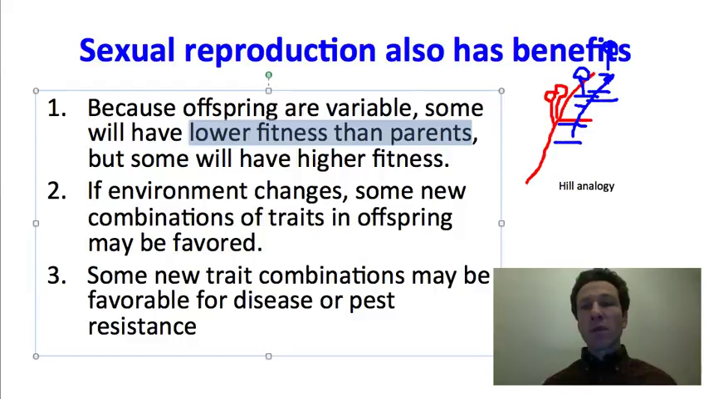And so this will be favored by evolution. And so sexual reproduction can be favored, so long as plants can find a partner, for example. Now, another advantage of sexual reproduction